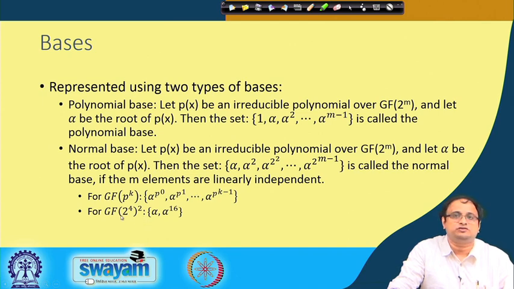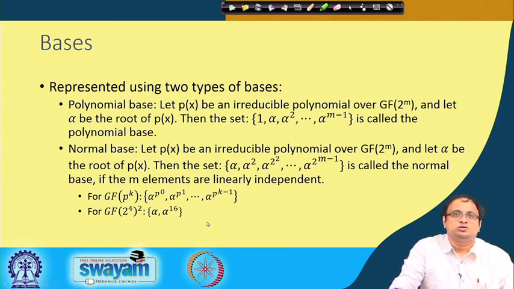As a special example which we will be using in our work, consider GF((2^4)^2). In GF((2^4)^2), there are two basis elements. One is alpha and the other one is alpha to the power of 16. That is essentially the normal basis of GF((2^4)^2). Likewise, we will have a normal basis for GF(2^2), and essentially that will be alpha and alpha to the power of 4. So, we can enumerate the normal basis elements using this idea.